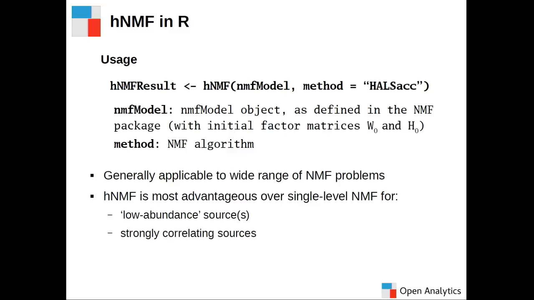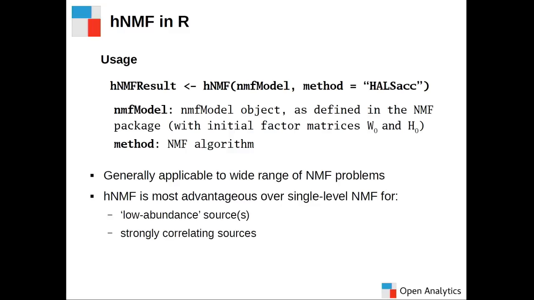I've been showing it here on an application of medical imaging, but the method is actually generally applicable to any problem where NMF could come in handy. And when you would expect most added value of HNMF over single level NMF is in cases where you have so-called low abundance sources, which means that one of the sources is only present in a relatively small amount. So for instance, in the context of brain tumors, suppose you have a very small brain tumor, probably HNMF would be better able to detect that than a single level